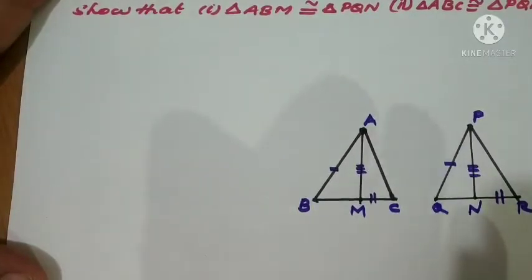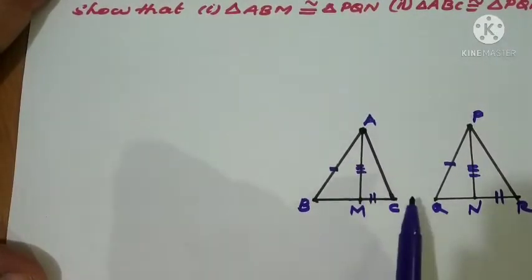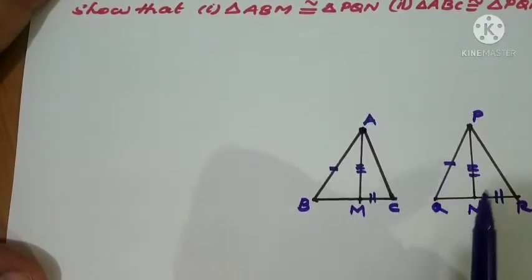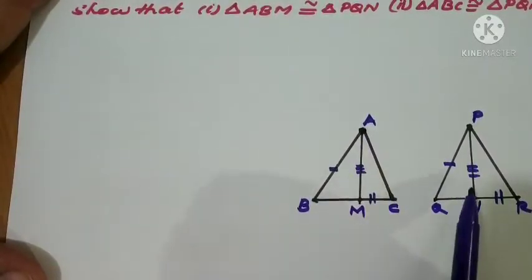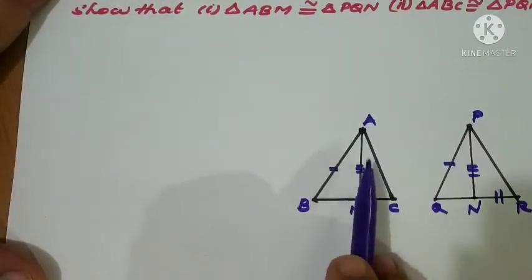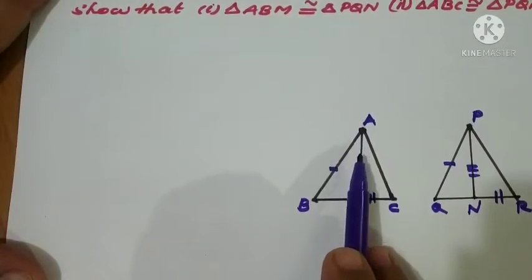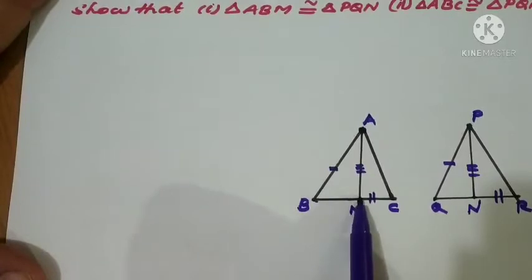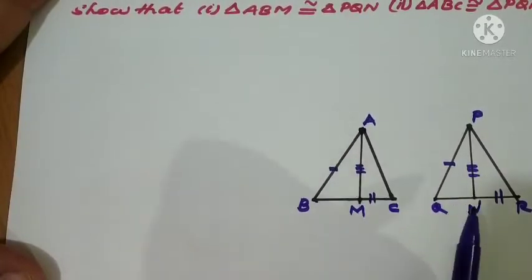These questions we have already solved in the previous videos, based on the chapter triangles for class 9. Now it is a revision only. Again we are doing it, because I felt that this is also one of the important questions. So ABM and PQN, we have to prove the congruency, means we have two equal sides, but we need the included angle. There is no information regarding this. It is given that AM is the median only, nothing else is given.